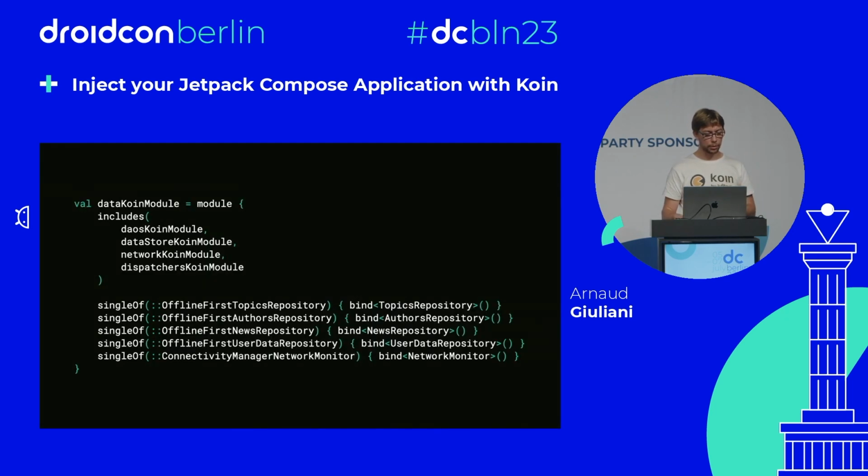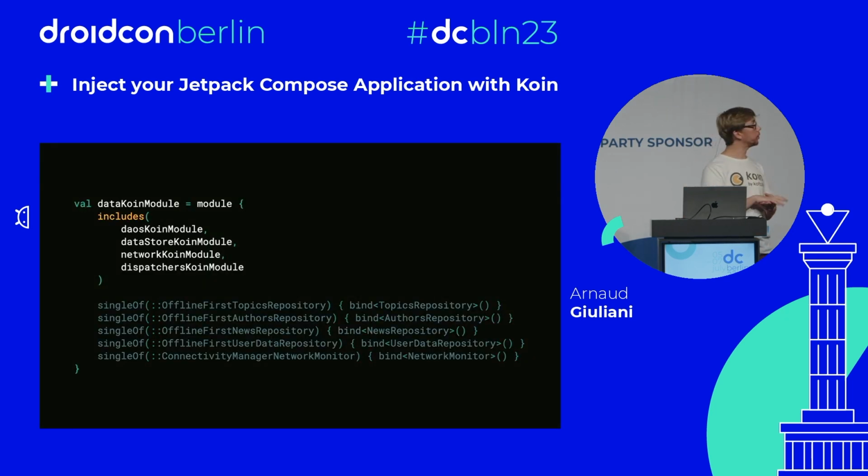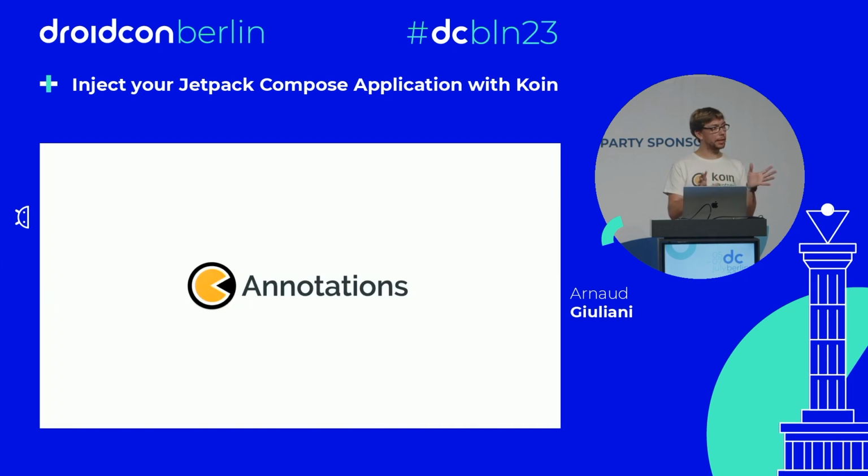In terms of module linking, lastly, we also introduce includes and the fact that we can include any kind of modules, and Koin is dealing with and optimizing all your graph for that. Then you can include whatever you want in chain and reuse components over time, and no problem for that. This is really classic, but it's with the latest way to use Koin if you are using Koin configuration.